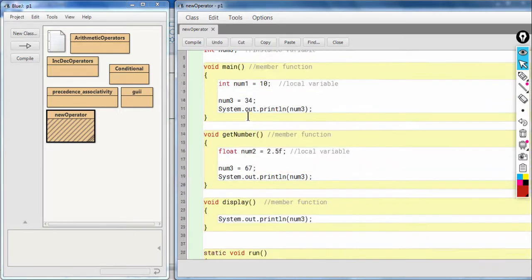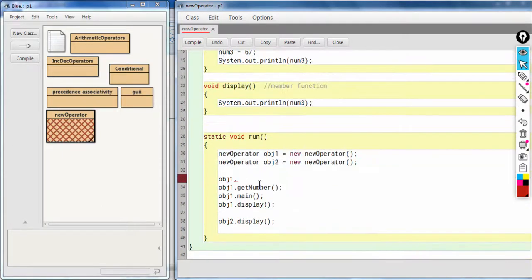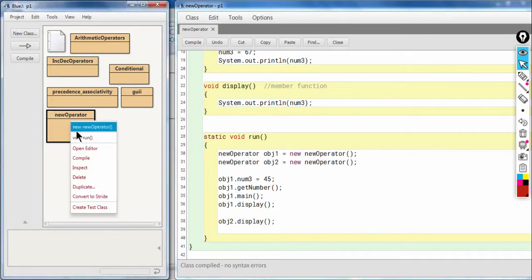Okay, so the name of the member variable or the instance variable or the data member is num3 in this case. So I'll write obj1 dot num3. Okay, obj1 dot num3 is equal to 45, let's say, for example. Okay, now let us compile and see what is the output.